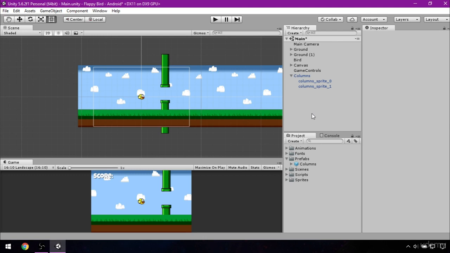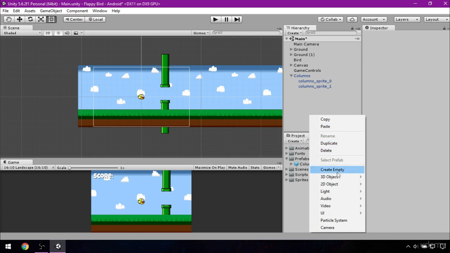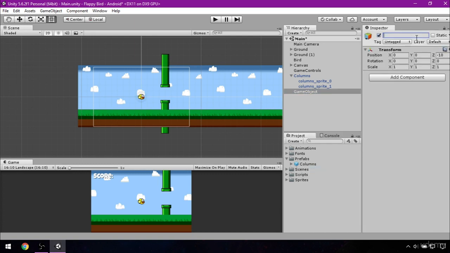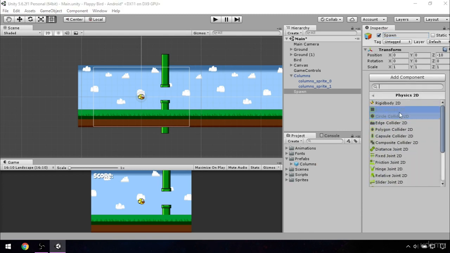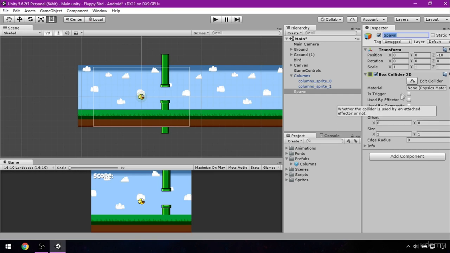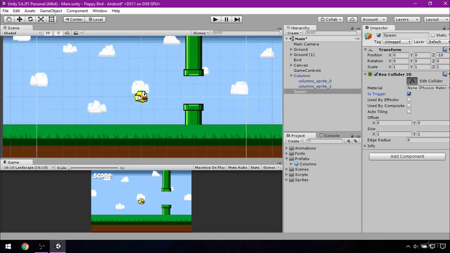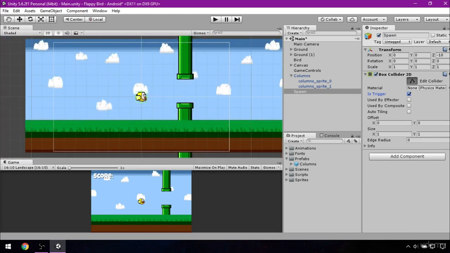Now the next step is to make a trigger that will spawn our obstacles. That trigger has to be attached to something. That's why we will create an empty object. Right click in hierarchy, create empty, and name it spawn. Let's add a trigger collider by clicking on add component, physics 2D, box collider 2D, and checking the is trigger box. Now let's edit this collider. Right now it is on our bird and we want to move it next to our column. It also needs to be taller,